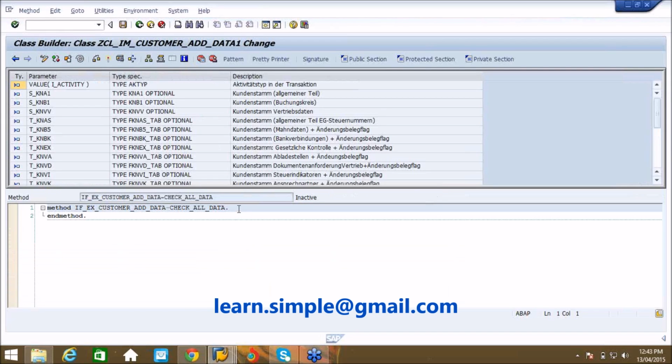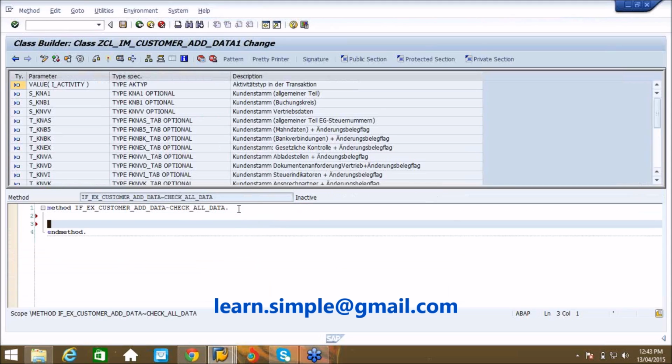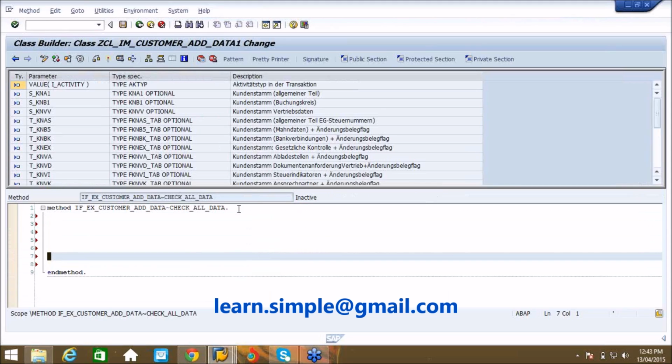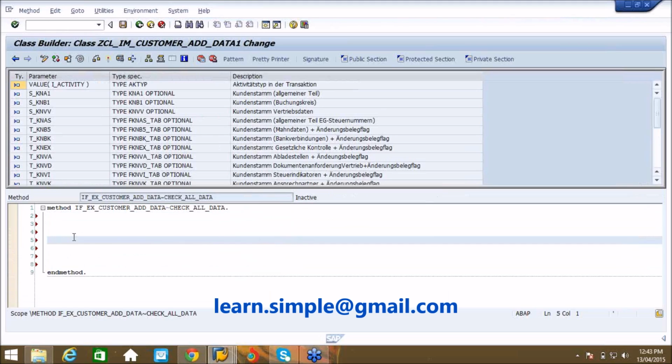So here I'll try to write some coding. I'll say modify our database table name ZSUD_KNA1 from my work area name.